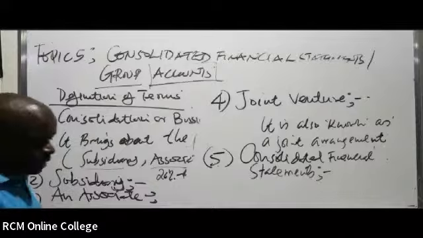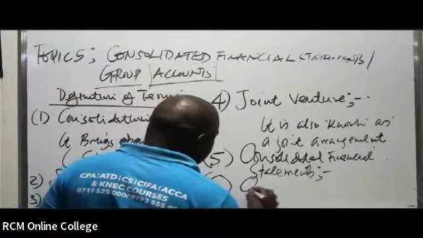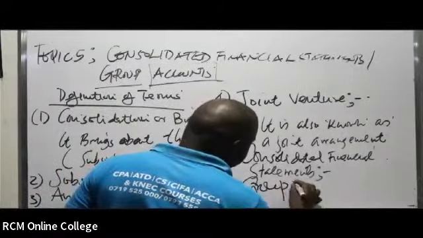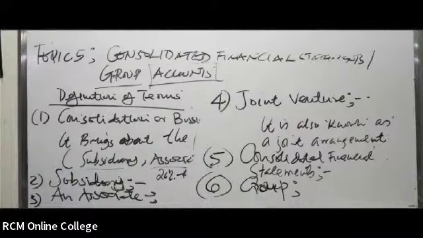So there's a new term that has come there, so you can write number 6, group. What do you mean by group in this case? When you say group, what do you mean? You can try to define that group. So in this case, you can write: Group. This comprises of